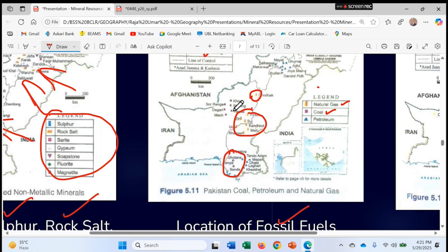So here you can see coal in southern Sindh and coal near the Quetta Valley. And some coal is also available in the Khyber Pakhtunkhwa Hazara region as well. And petroleum, the blue triangle, you can see over here. Let me erase the coal region, and here you can see the blue triangle: Tando Adam, then Mazari, Dabi, Lagari and Khaskhel. So these are the regions where the